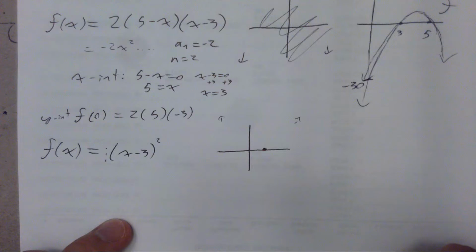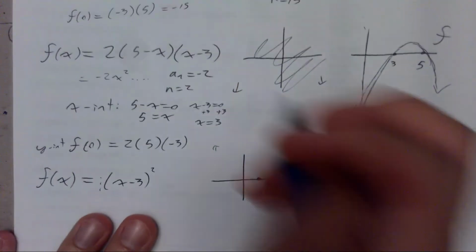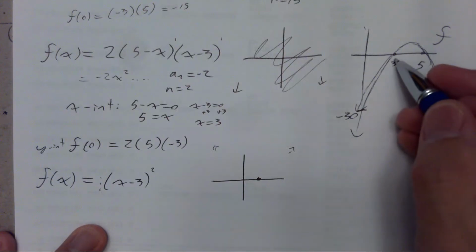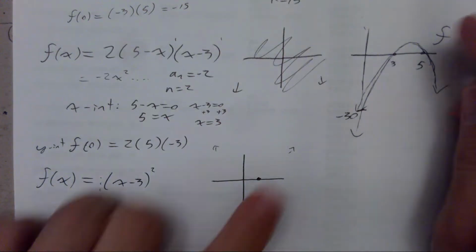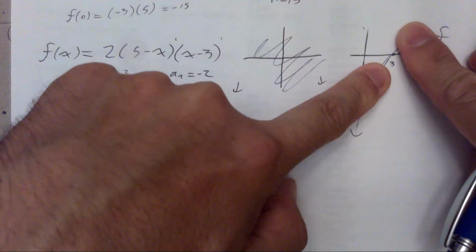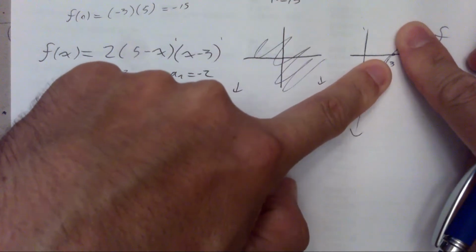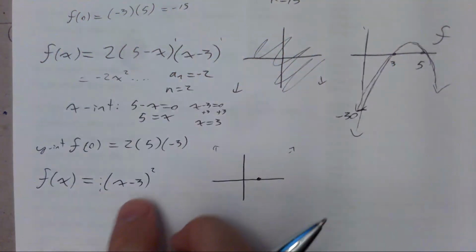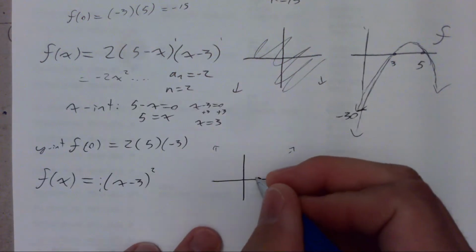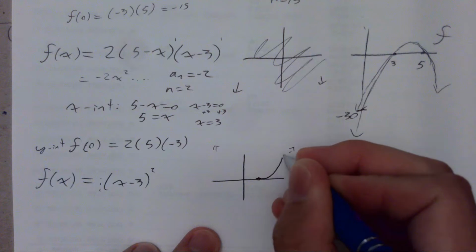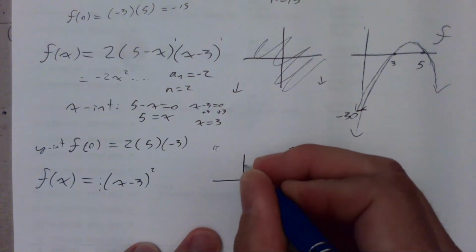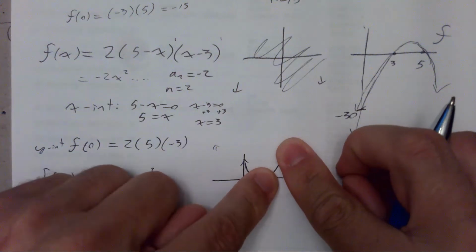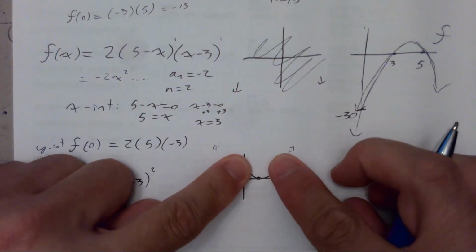Now, all of the curves above with exponents of 1 on the factors that cause the x-intercepts, they behaved like linear relations. If you zoom in, I don't want to zoom because it'll ruin my focus, it's going to look linear, like it's crossing the x-axis just like a line would. But this curve, close to x equals 3, is going to look like a quadratic. That might sound silly because the function is quadratic. But I can find regions where the relationship might look sort of linear, but right here, the relationship looks